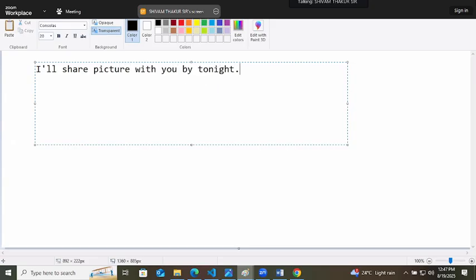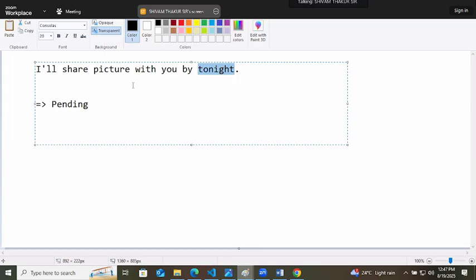Now there can be three states. One is the pending state. Till night the promise is in the pending state because we have to wait till night.